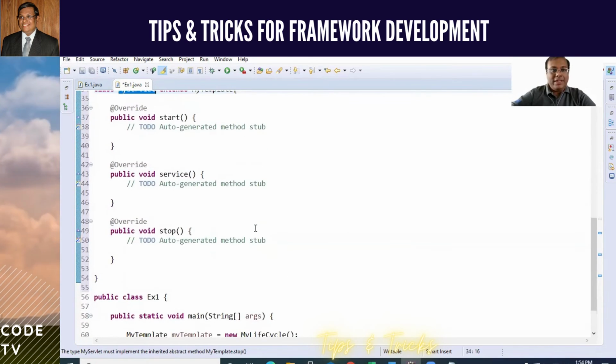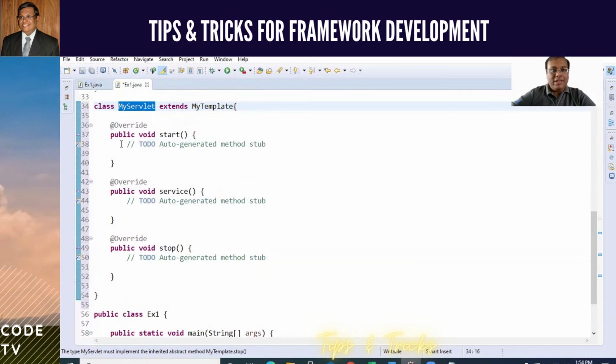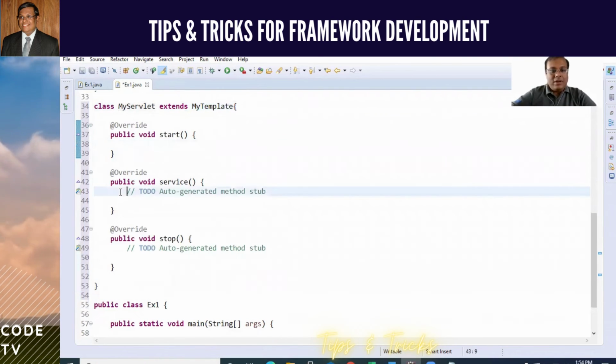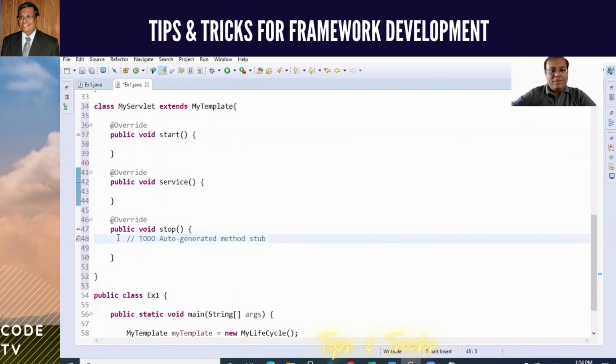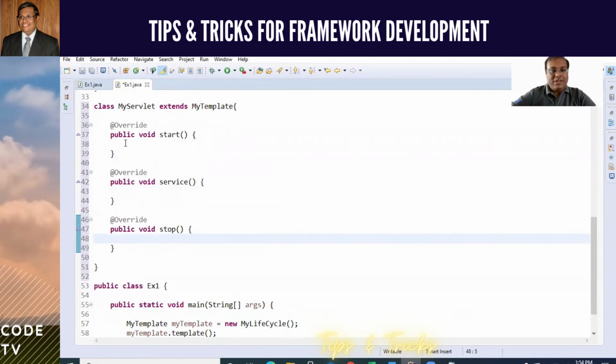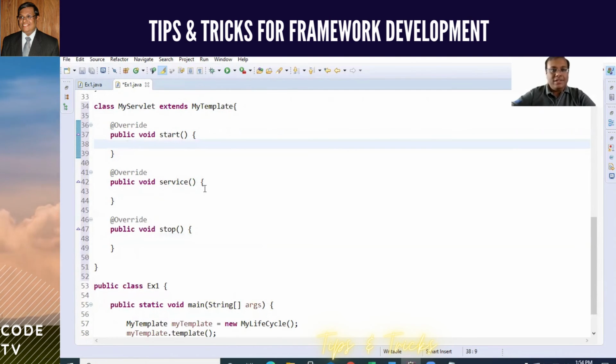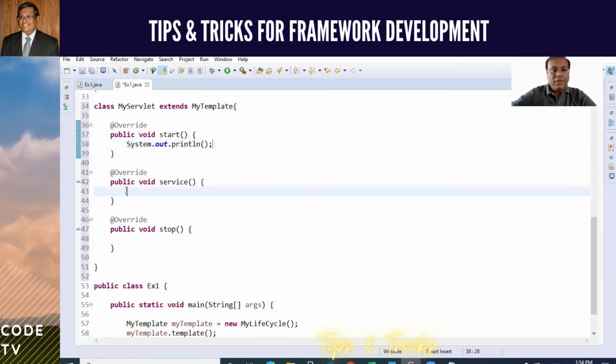Now you can automatically implement all these methods in here. Then you can override as you wish. So for example, in servlet, you have the init method, service method, and destroy method. So those things you can do. Similarly, you can implement